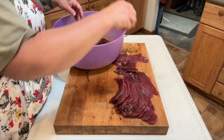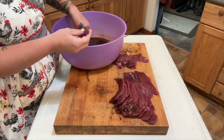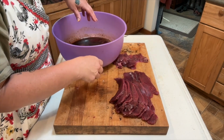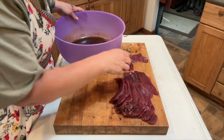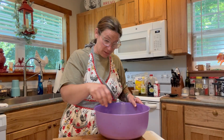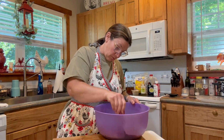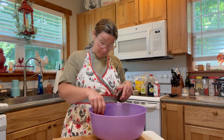And some of these little pieces, the end pieces and stuff, I go ahead and throw them in there. If there's some crumbs, they make good little treats for the dogs. Dogs deserve a little goodie too. I don't like to waste things. If y'all are like, well, why is she putting those little pieces in there? Well, because the dogs like it too. I don't mind putting some burnt ends in there for the dogs. I'm not gonna waste it. And sometimes I have the iron skillet going, or I'll toss them in there and fry them up, and I'll be eating that while I'm